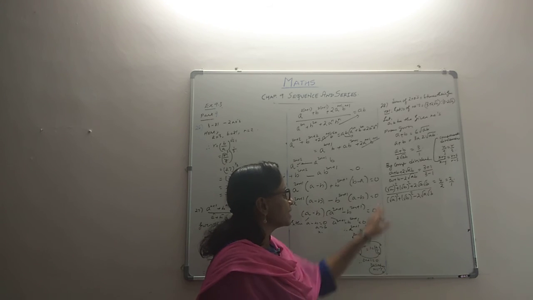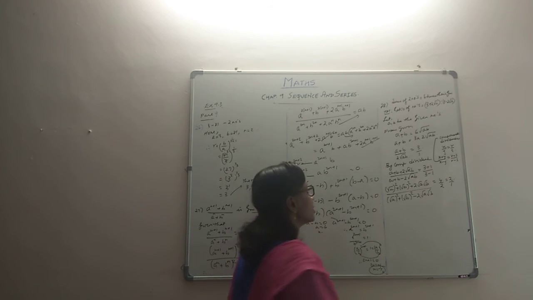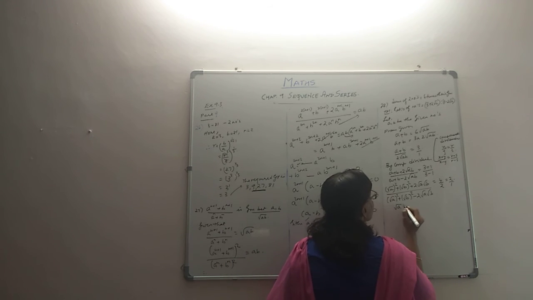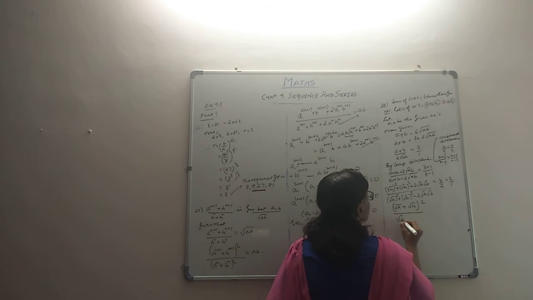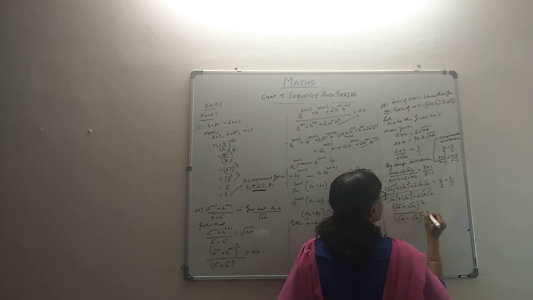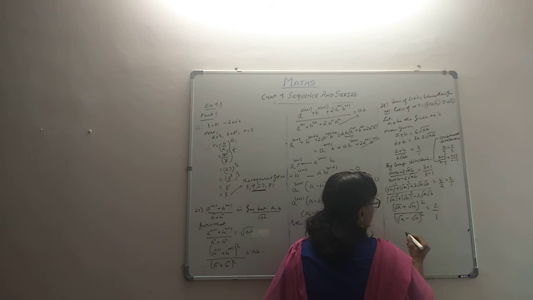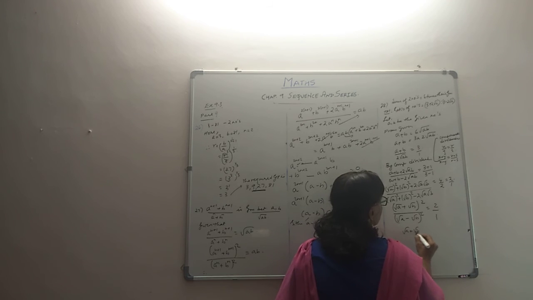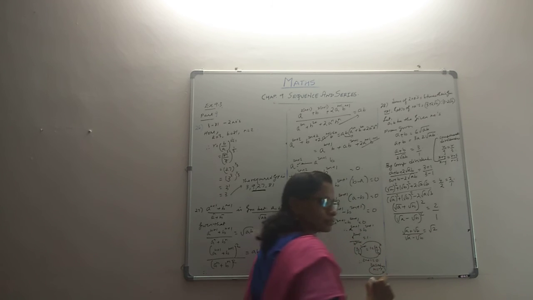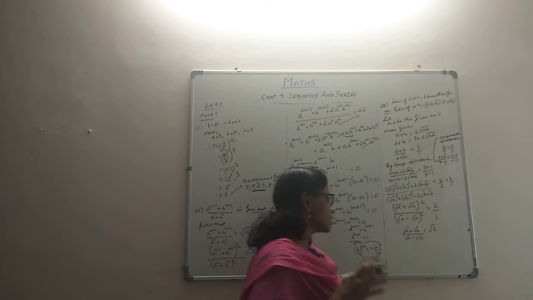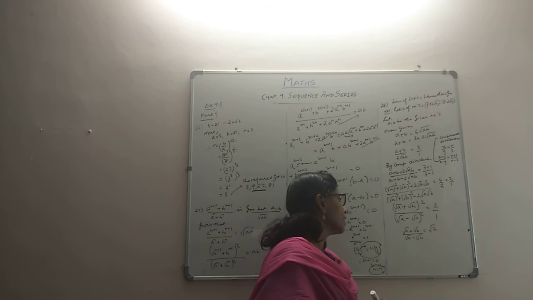What is that purpose? This is of the form a squared plus b squared plus 2ab, right? So this is as good as writing root a plus root b the whole squared. This is as good as writing root a minus root b the whole squared. Or in other words, if you take square roots on both sides, then it will be root a plus root b by root a minus root b equal to root 2. Our idea is to get the a, so at least for that we have taken the square roots on both sides.